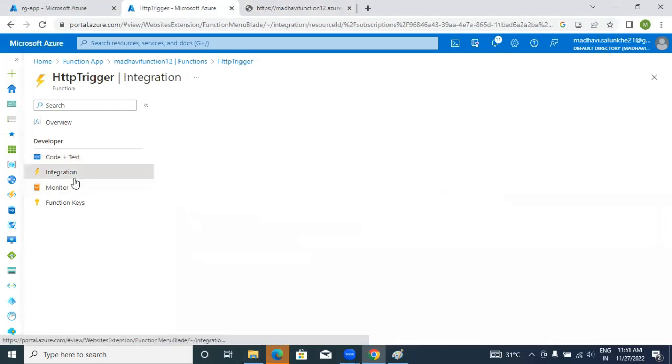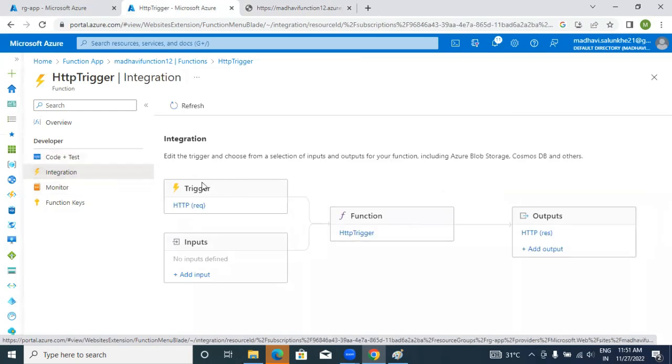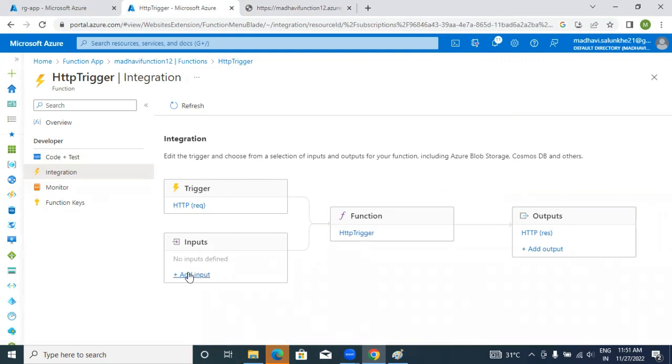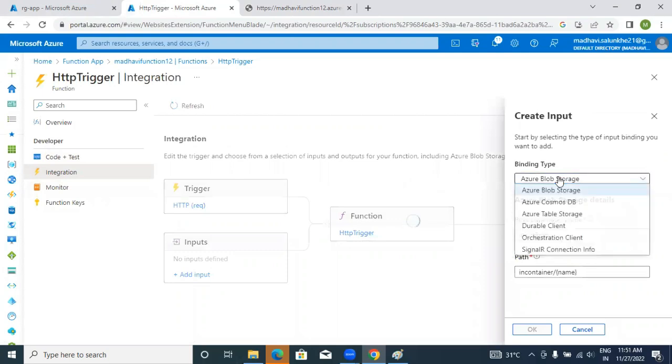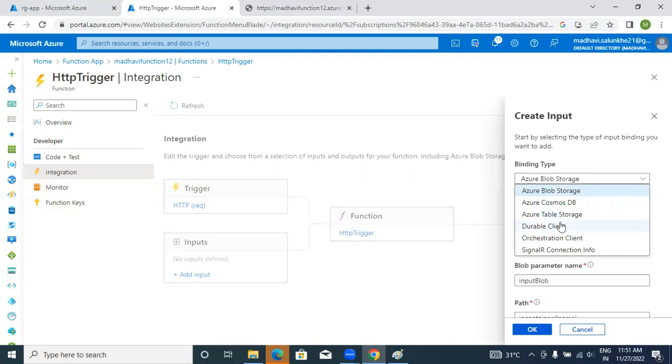Now here we have the integrations. See, the trigger is only one. Here you will not get any option to add a trigger. No, only one trigger for one function. And here you will get multiple inputs. So you can add multiple inputs here. If you want to add multiple inputs, maybe you want to add Blob Storage, Cosmos DB, Table Storage, Durable Client, Orchestrator Client, or SignalR, any